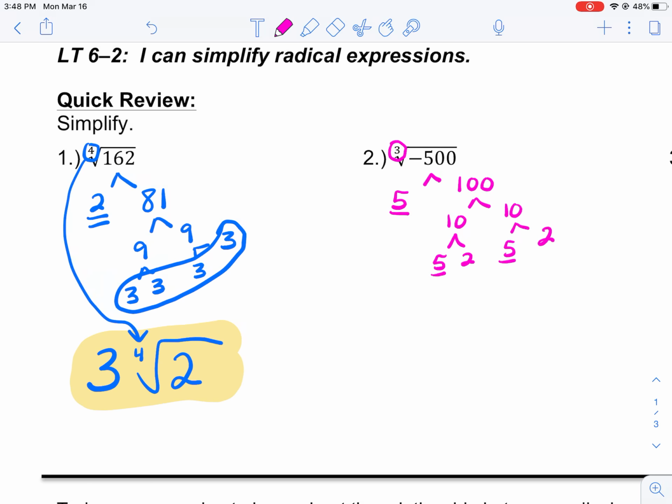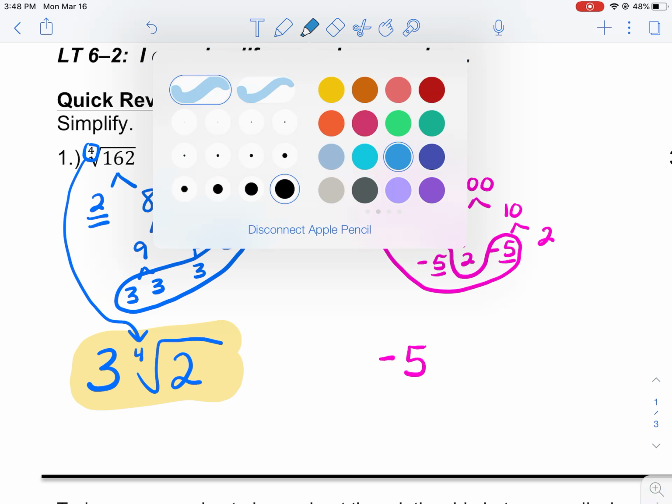So notice that we have 3 5s. What we're going to do is we're going to make all of those 5s negative. Okay, when we multiply negative 5 by itself 3 times, that answer is going to be negative. Okay, so we're going to take a negative 5 out, and then the numbers that are left over, we've got a 2